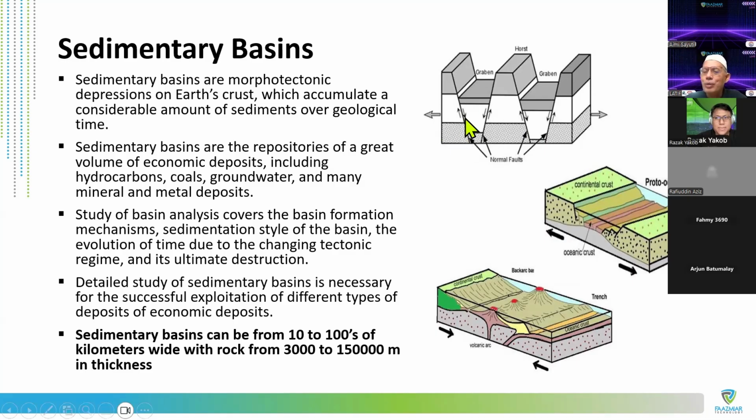But if there's not much movement, or if there's a lot of leakage at the top, all the hydrocarbon will start to travel up and even be lost to space in some cases. So that's why we're hoping that with the tectonic movement, most of the traps will be created, and the hydrocarbon will be trapped in the basin, which is huge.